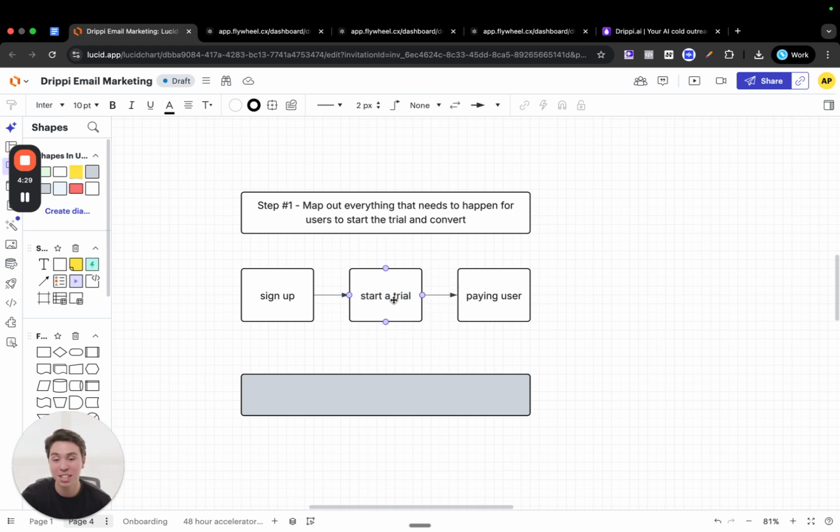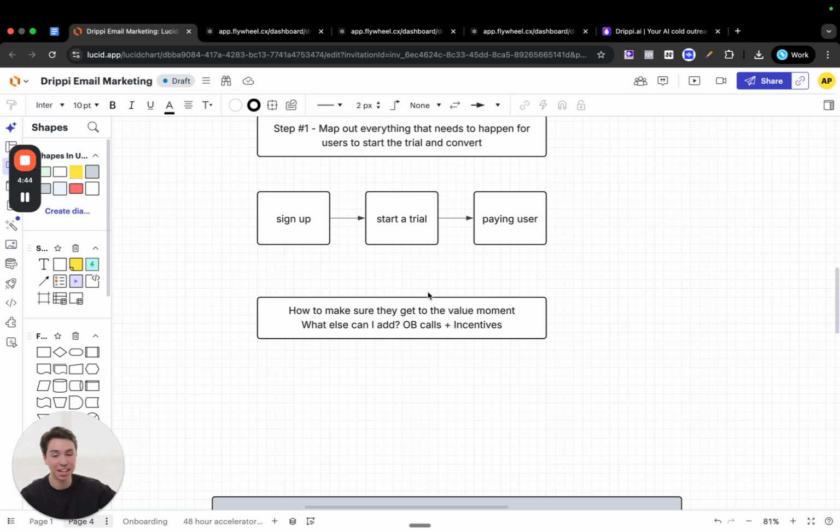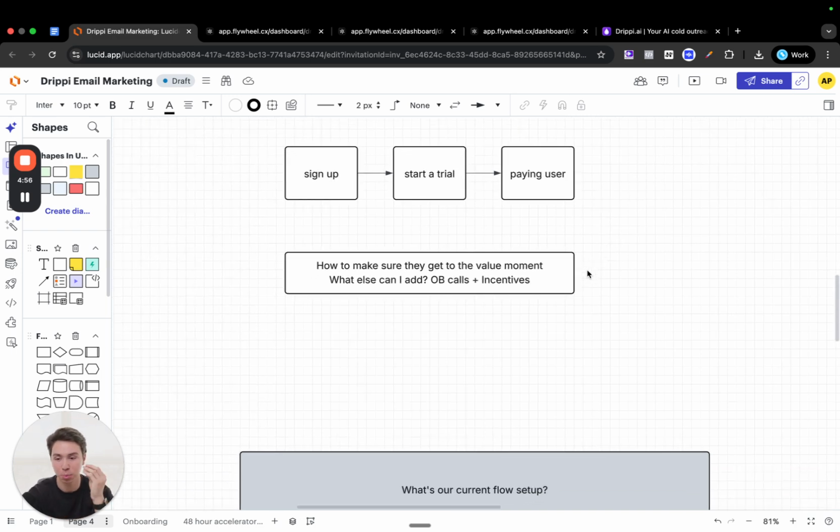And then once they start a trial, our goal is for them to receive as much value as possible, as quickly as possible, so that they actually become a paying user. So how do we make sure that they get to the value moments, right? So we need to think through, okay, what can I do to really make people actually go through this process and actually convert? This is what you need to be thinking, okay? So for example, what we did, right,